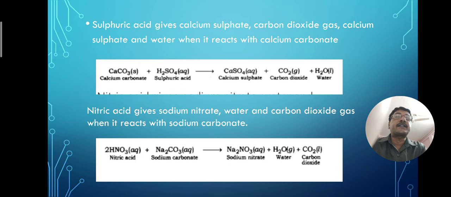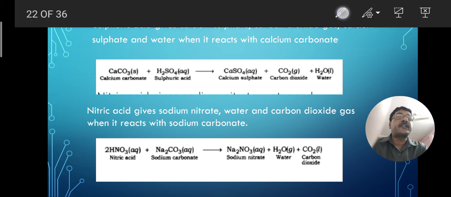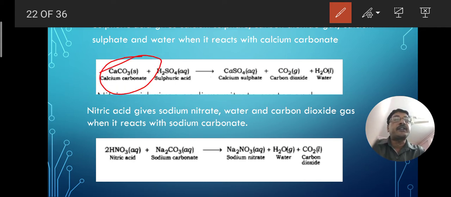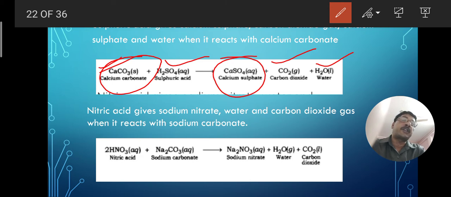Now let us move to another point, that is when the reaction takes place with sulfuric acid. When sulfuric acid is reacting with a metal carbonate, that is calcium carbonate, the same thing will happen. Here it is calcium carbonate, here sulfuric acid. So calcium ion from here and sulfate ion from here will produce calcium sulfate, and carbon dioxide and water will be common in all the chemical reactions when any metal carbonate is reacting with an acid, maybe hydrochloric acid, maybe sulfuric acid. Then it will produce the salt of that metal and carbon dioxide along with water.